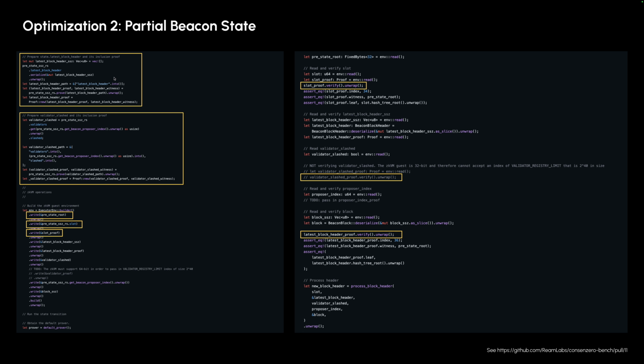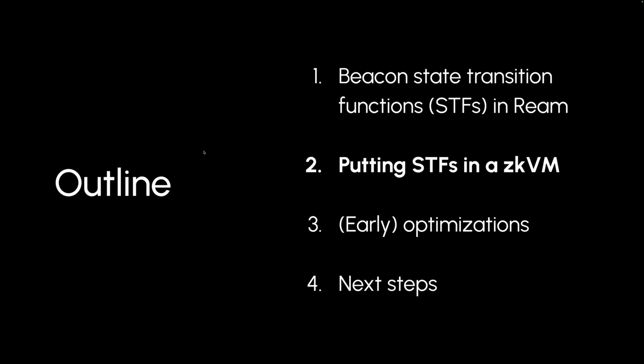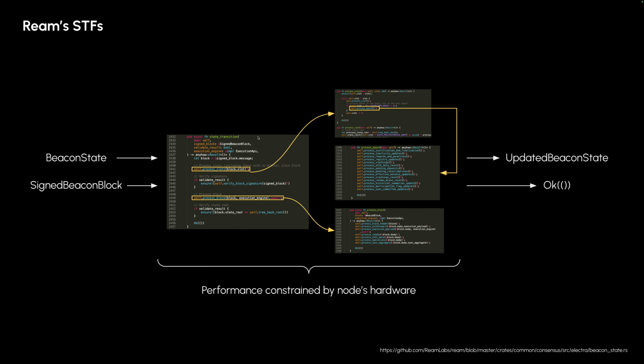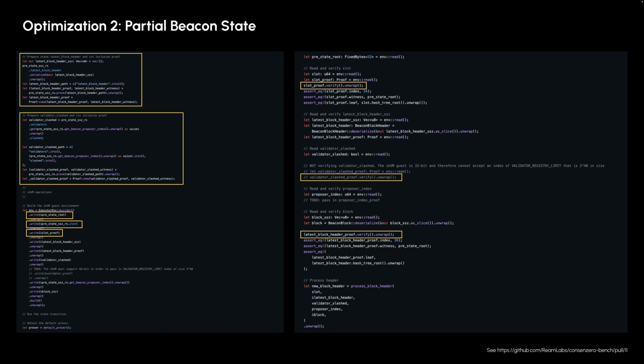And the problem with that is that because the beacon state is really, really huge, if you look here, this is all the data in the state, right? And not all of it is actually used all the time or for all the operations. So we basically only take the fields that are actually needed for a sub operation and then pass them into the zkVM. So with this, for example, here we take the latest block header and the validator slash, and